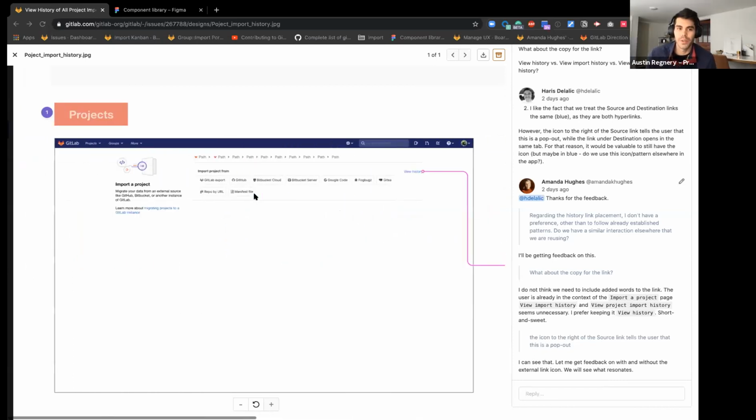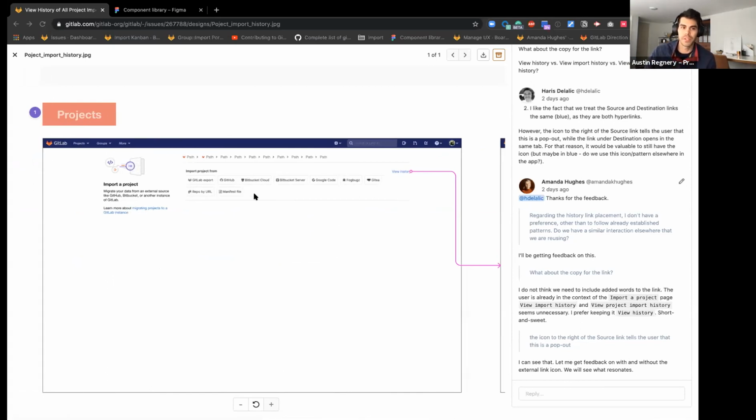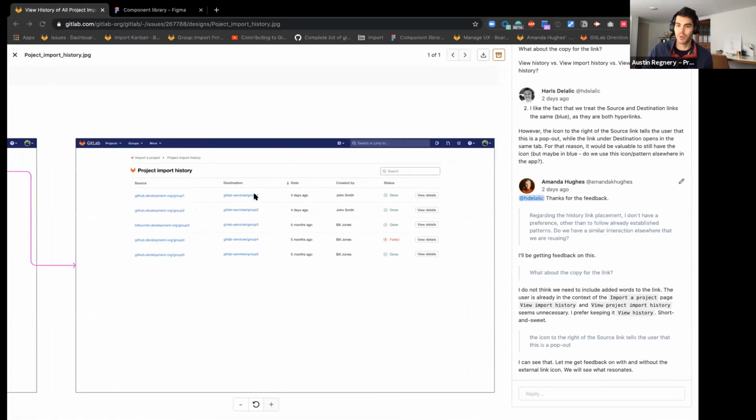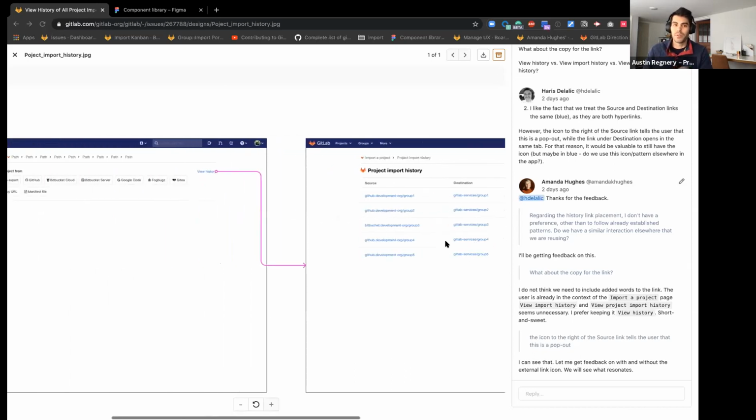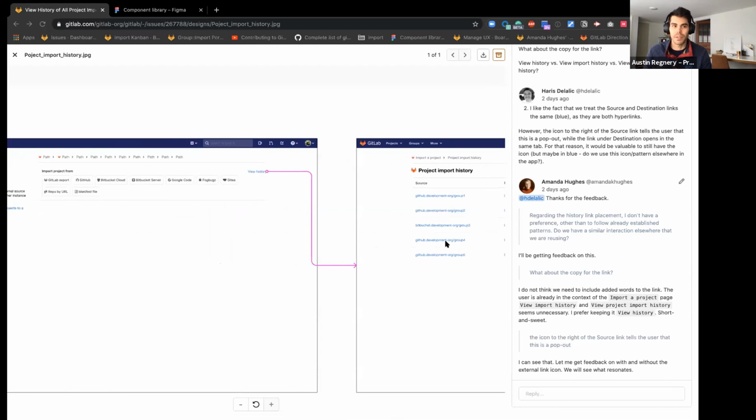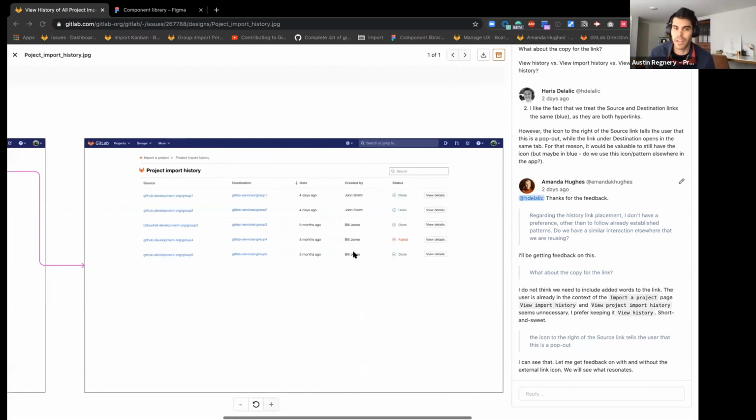Yeah, I was curious. So the history takes you to a new page. From my understanding, the way I interpreted your job to be done statement, that history would help the user know, do I need to import more projects from GitHub? Because if I can see that all of my 7 projects have been imported, then I'm good. I don't need to do any more necessarily. So I was wondering, would it be reasonable, instead of going to a new page, maybe having a collapsible section or something below the top of your page, below the import project from, so the user could quickly identify that as opposed to having to go back and forth?